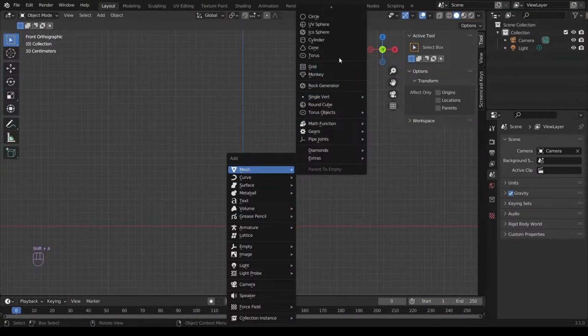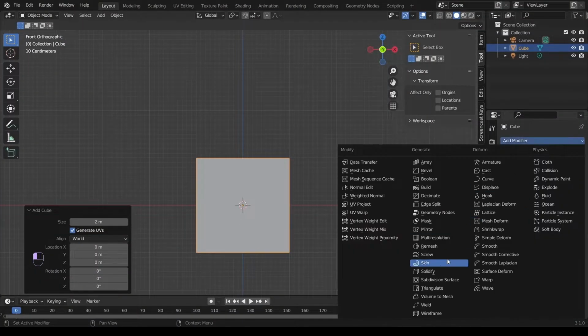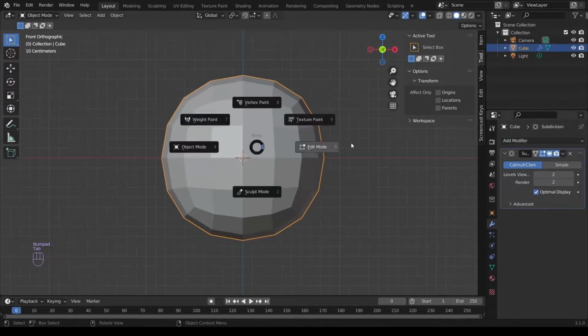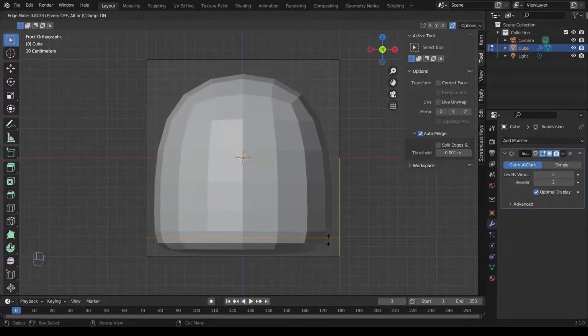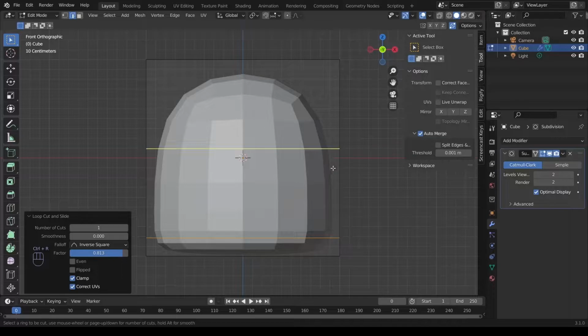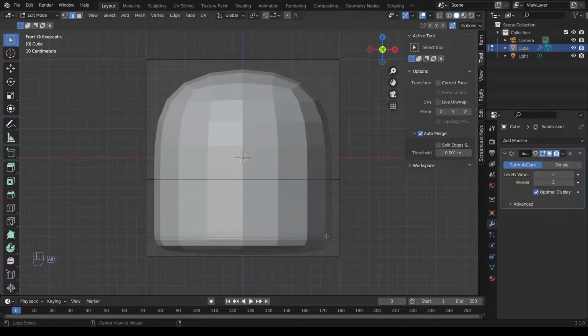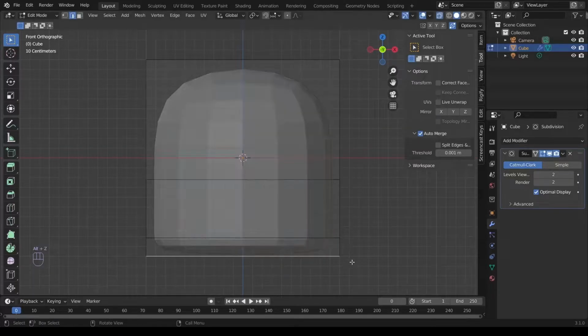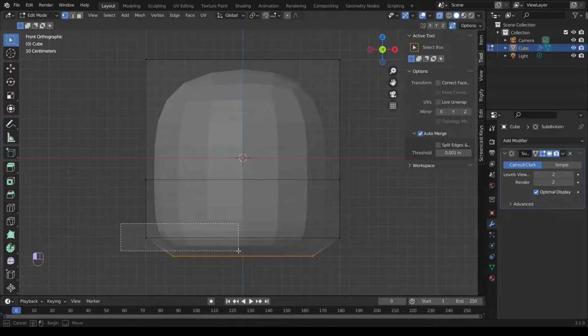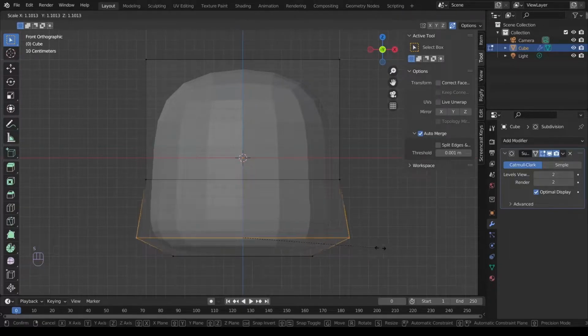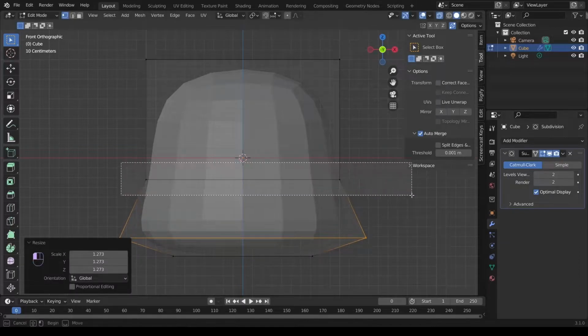Let's start by hitting Alt A and adding a cube. We're gonna go ahead and add a subdivision modifier and increase the levels by 1. Tab into edit mode and hit Ctrl R to add a loop cut and drag it almost all the way down. Then add another one around the middle of the shape and scale the bottom face down. Using Alt Z, you can go into wireframe mode and select all edges. Using this method, you can adjust this shape however you like. We'll be making a stylized cat, so this is gonna be both its body and head.